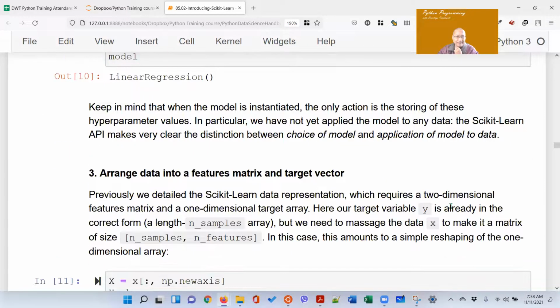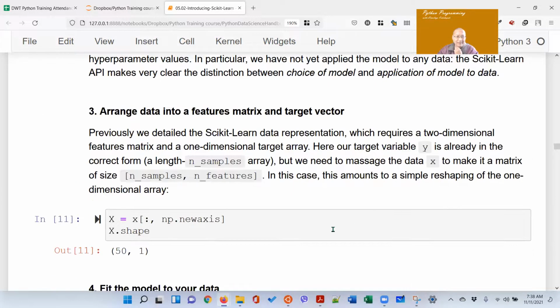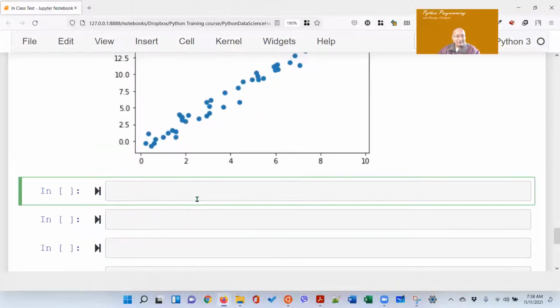Okay, and we do it right here. हामीले अहिले नै गरौँ है. Capital X भन्नु नि, x भनेको के भयो? It's a feature matrix. So x is equal to x, column, all the rows, अनि np dot newaxis. Okay, so if I do that